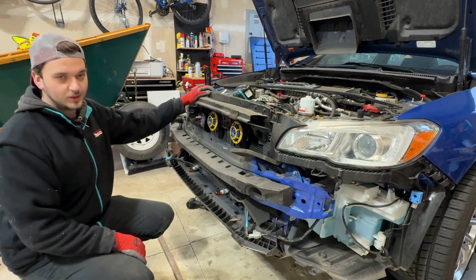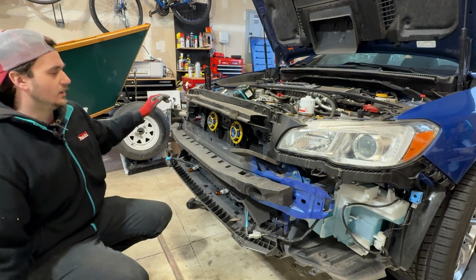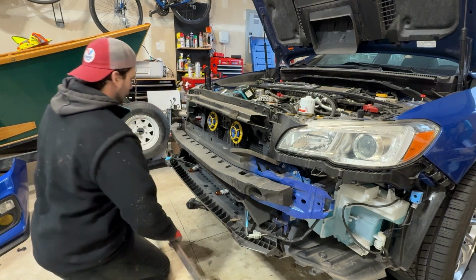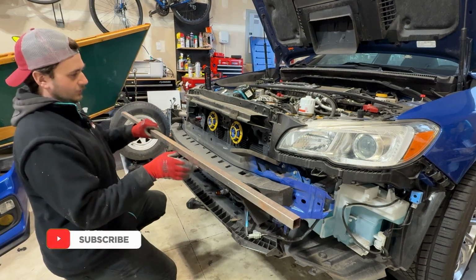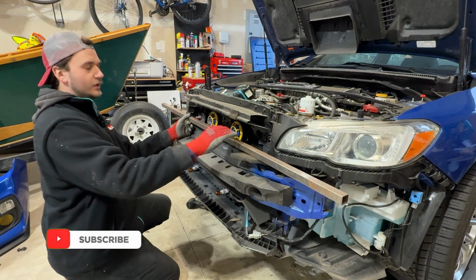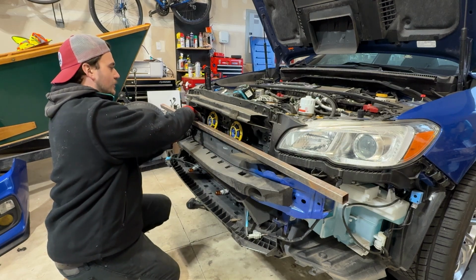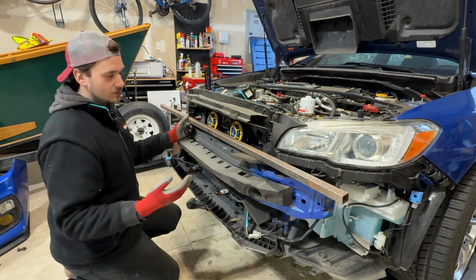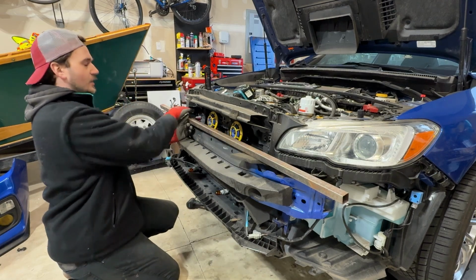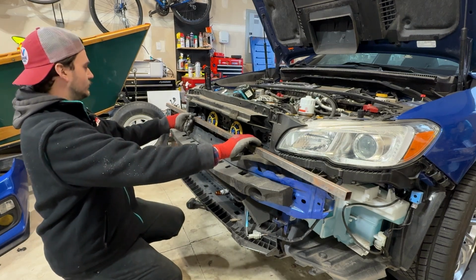I was just doing some thinking, and I think since a lot of people just do a straight up X, dude, we're gonna make the WRX bull bar. We are going to essentially make two little elbow brackets or right angle brackets, because there's two spots right here for the bolts to go into. We're using OEM factory bolts that go right here on both sides. So I'm just gonna make two L brackets and make sure this sticks out long enough,